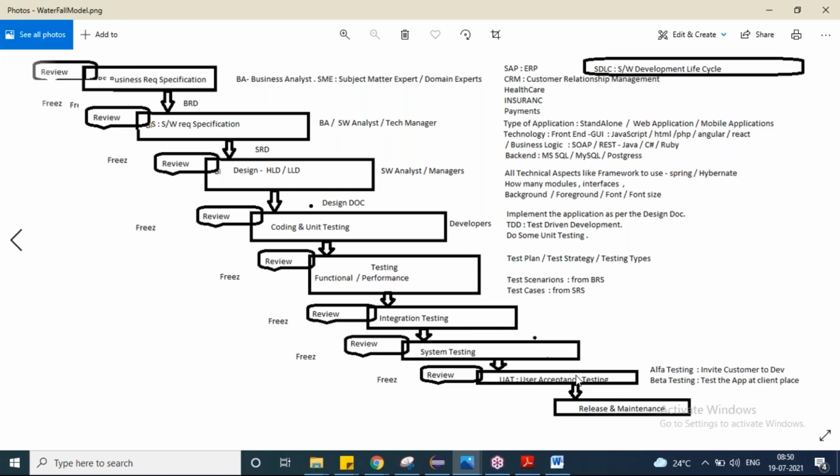Like if I compose and send a mail, it will go to sent items, right? If I delete a mail, it will go to trash, meaning inbox and trash have an interconnection. Inbox and sent items have an interconnection. So you have to test that, which we call integration testing, right?